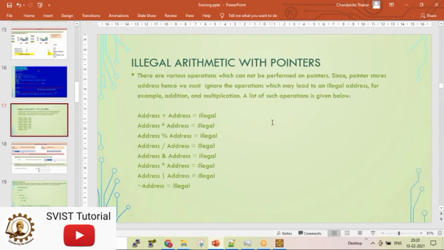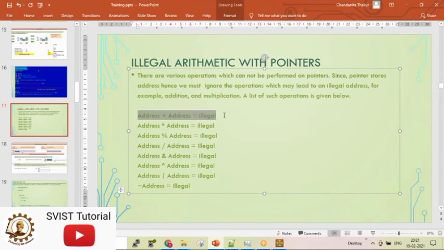What are the operations allowed on pointer? Can we add 2 pointers? What is the answer? Let's say I have taken the address of I. To address we cannot add. Address plus address: there is an address of I, there is an address of J. So I is 100, J address is 200. What will I do by adding the addresses? Do I have any aim that I will add the addresses and store some value inside that address? Do I have any use of that?